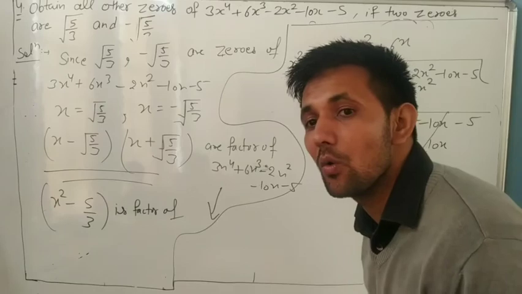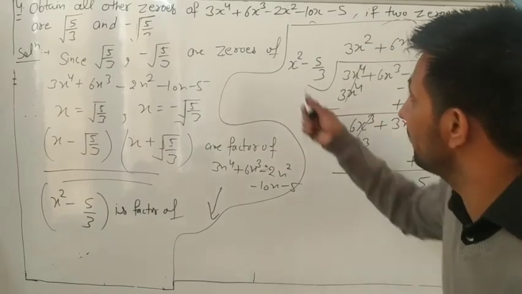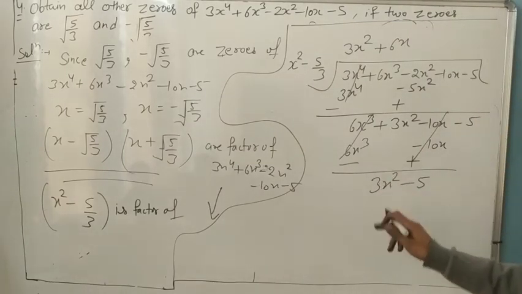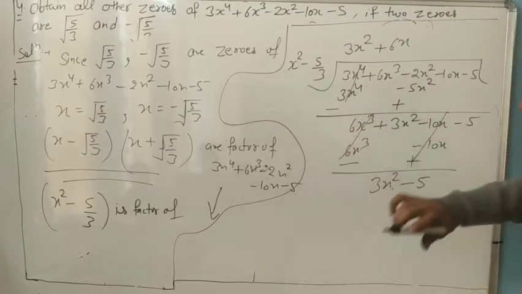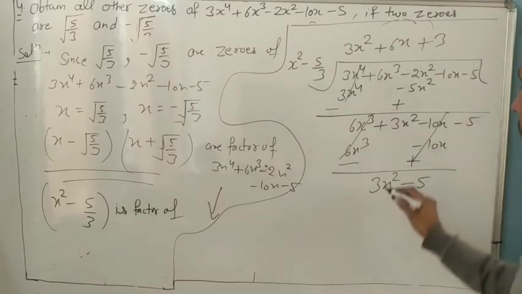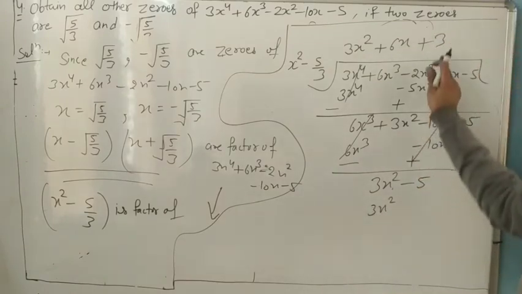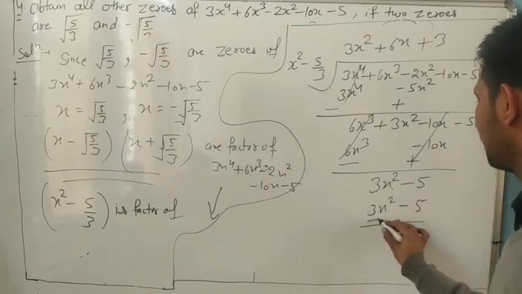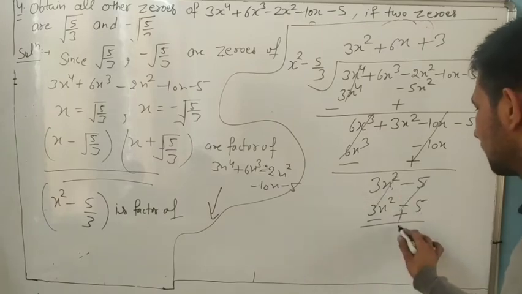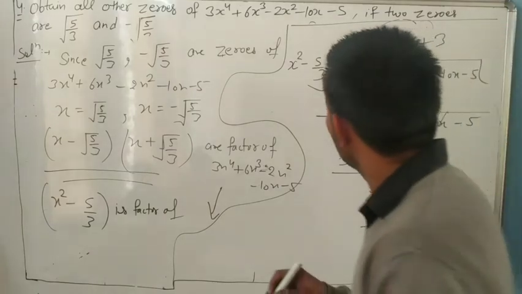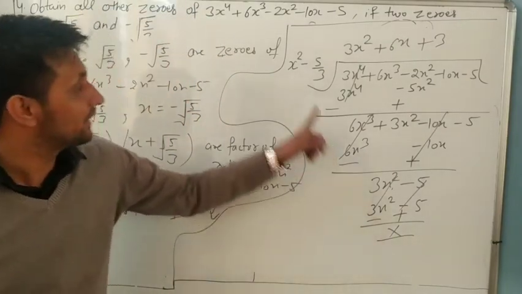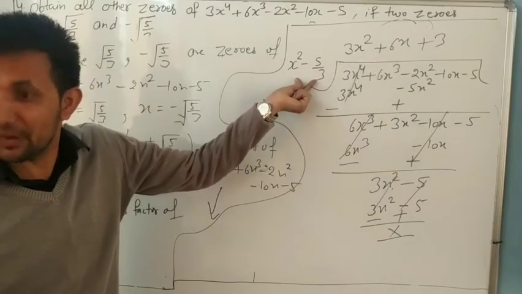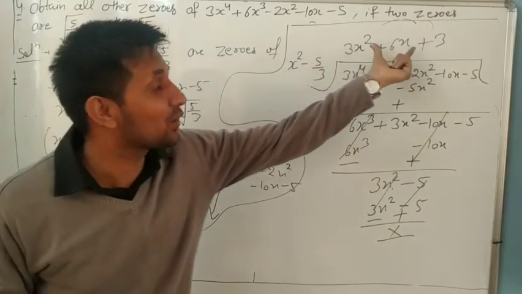And everyone knows the degree of remainder should be less than the divisor. Okay? That means again we will divide 3x square divided by x square. How much? Plus 3. So 3 into x square minus 5 by 3, minus plus, cancel, cancel, cancel. Yes. Now we observe that remainder is 0. It means it is also a factor. 2 zeros we have already found from this factor and other 2 zeros we will find from this one factor